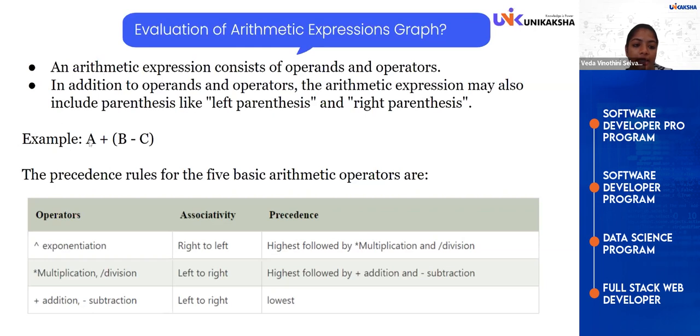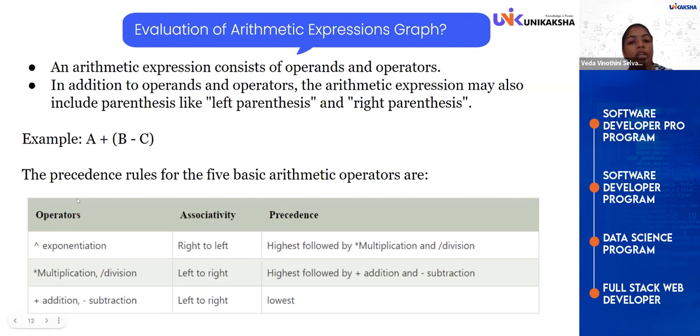First let's see this: a plus, an open parenthesis, b minus c, and a closing parenthesis. Here a, b and c are values called operands, and the operators are plus, the brackets, and minus. We will see this in an elaborate manner in the upcoming slides. Just for your understanding, I'm showing it here.